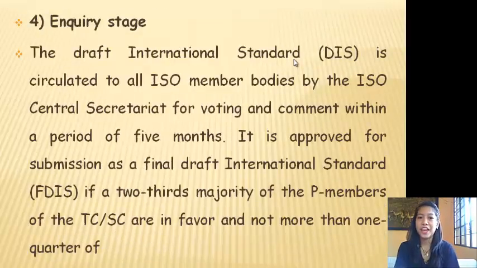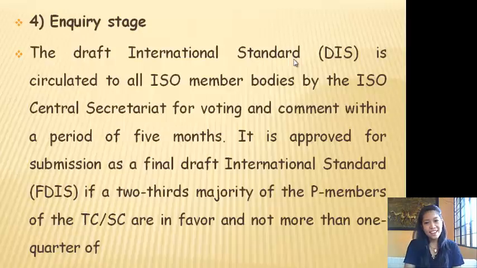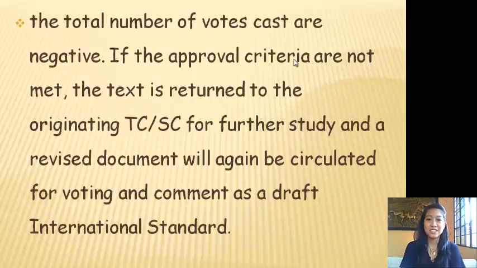Fourth, inquiry stage. The draft international standard, DIS, is circulated to all ISO member bodies by the ISO Central Secretariat for voting and comment within a period of 5 months. It is approved for submission as a final draft international standard, FDIS, with a two-thirds majority of the P members of the TC or SC in favor and not more than one-quarter of the total number of votes cast